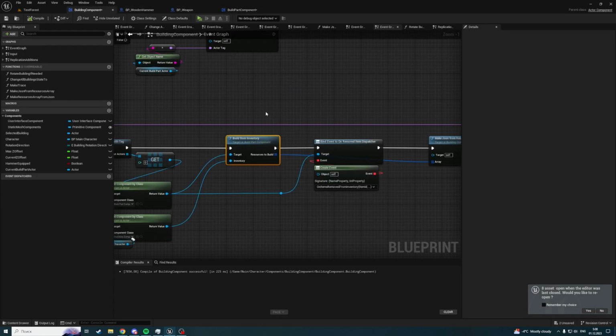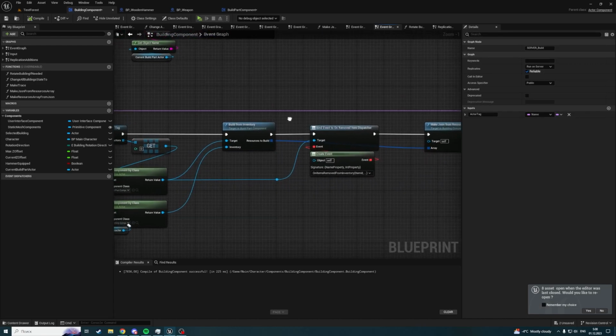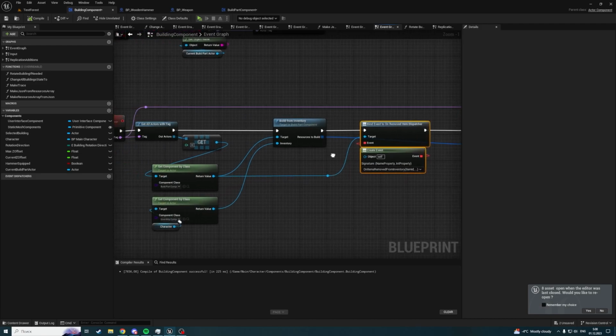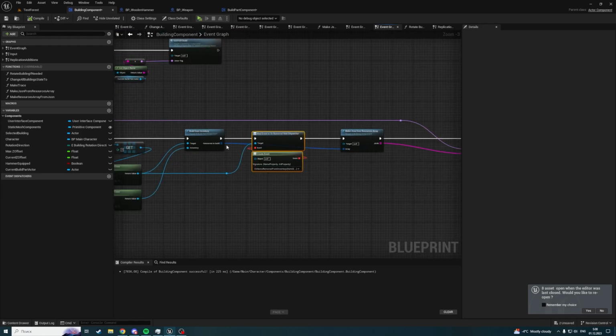Now let's go back to building component. After I've called build from inventory from a server build, we bind an event as previously, and now is the main part. Why do we need this array? We need to tell every client to update resources needed to build on their build part components. We're doing that because build part component cannot be replicated, and it differs on every client and server. These are different components,